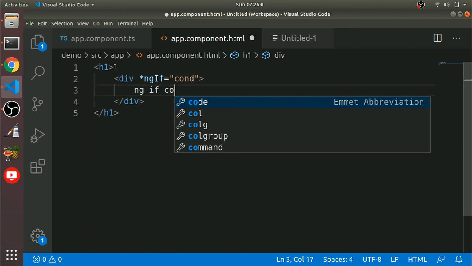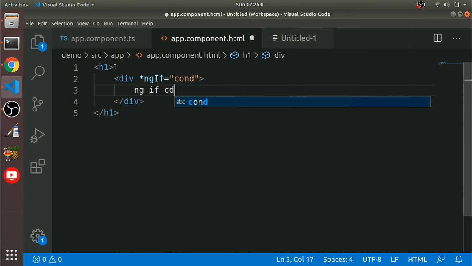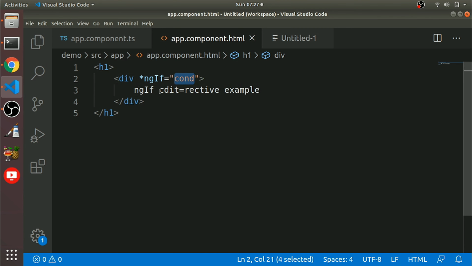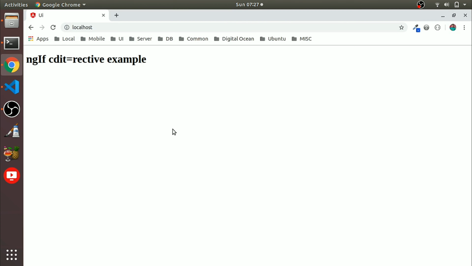ngIf directive example. Okay, we can put it like this: ngIf directive example. So currently the condition is true, so this will show in our browser. See?